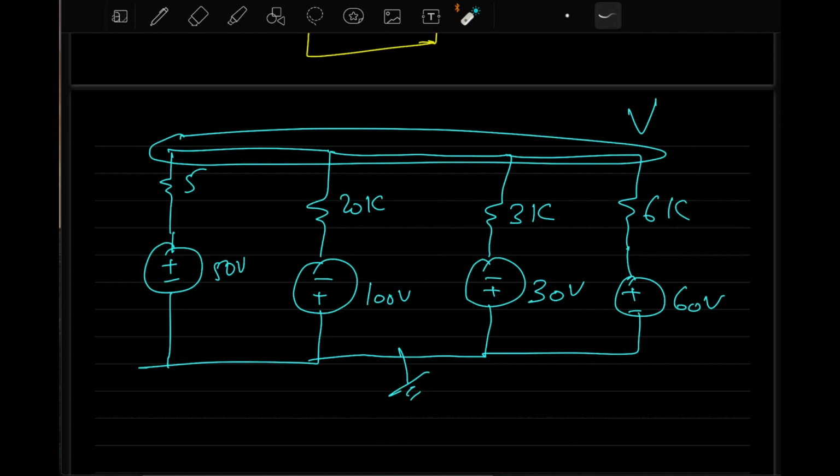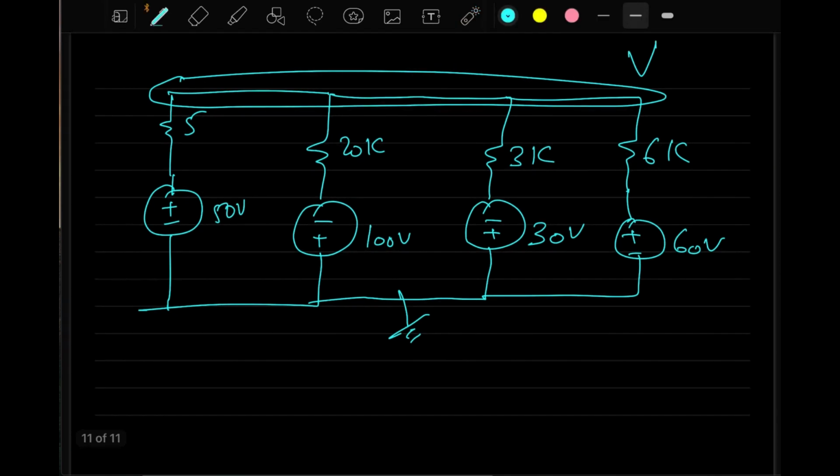Sir, in nodal analysis, don't we have to assume two nodes, VA and VB there? No, here there is no such situation. The VB part is zero, what you are thinking of, because here you are referring to this voltage V with respect to ground. So you can easily write the nodal analysis at this point. Okay, so at the intersection we'll apply KCL, and from the equations we can find V, right? Yes, you can do it like this.